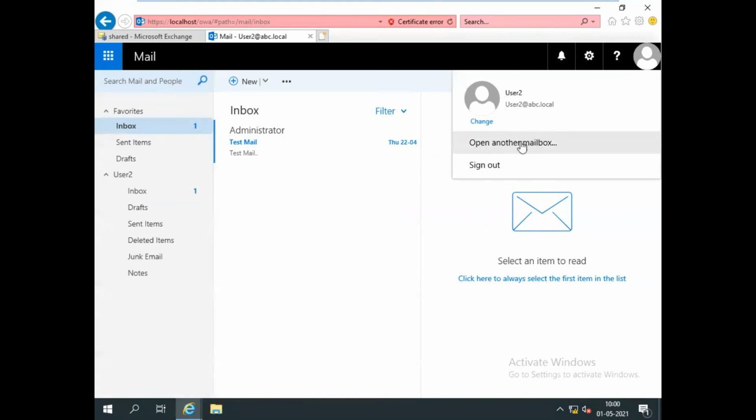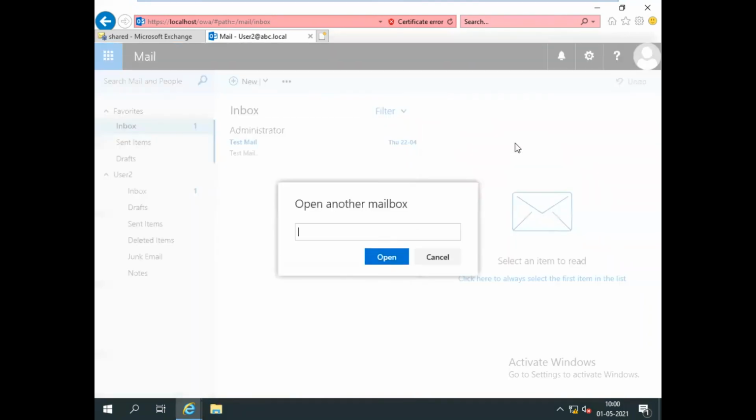Now I need to open the other mailbox, because this is the user 2 mailbox and I need to open the shared mailbox. How can we open it? Click on open another mailbox, and I write over there hr@abc.local. This is my shared mailbox email ID, and click on open.